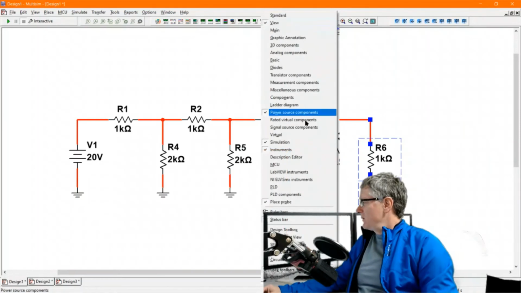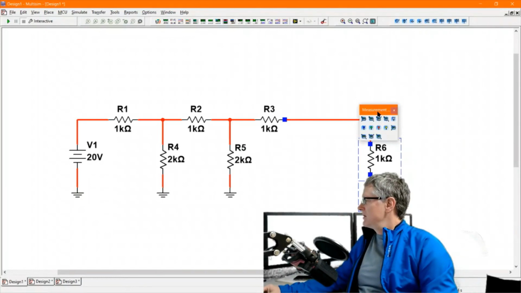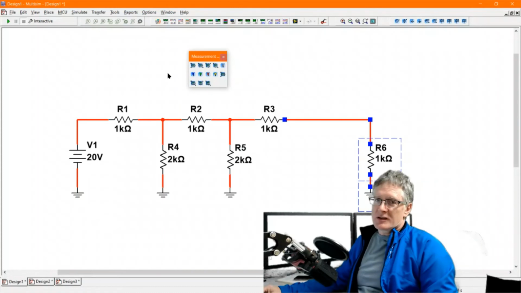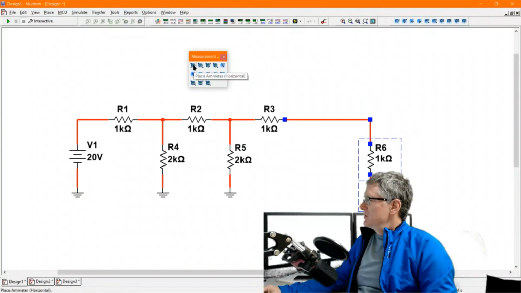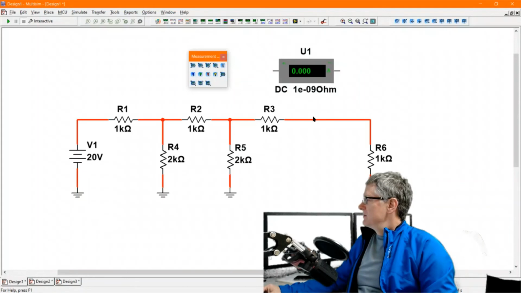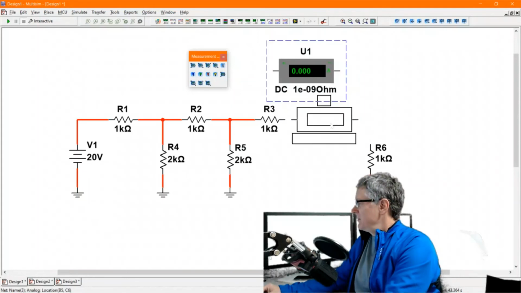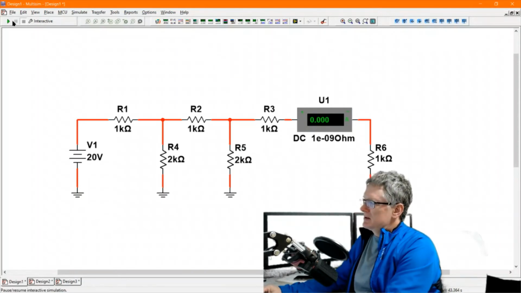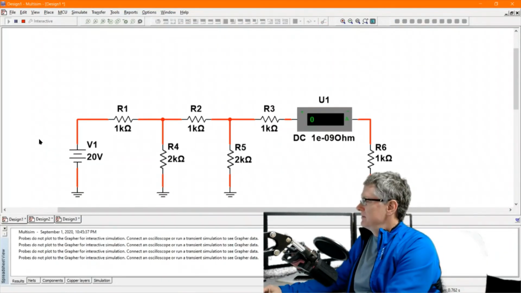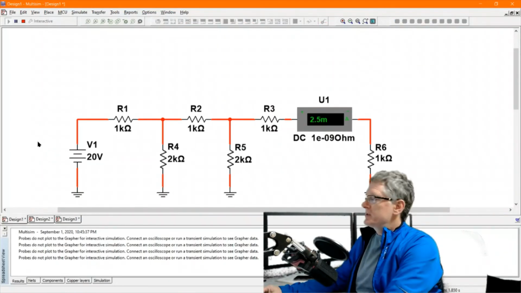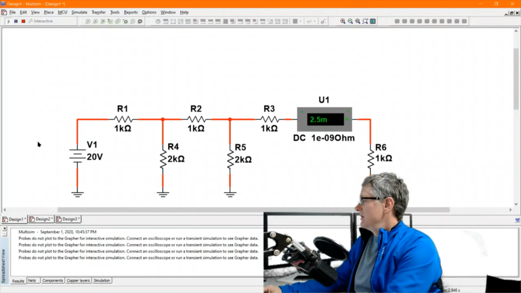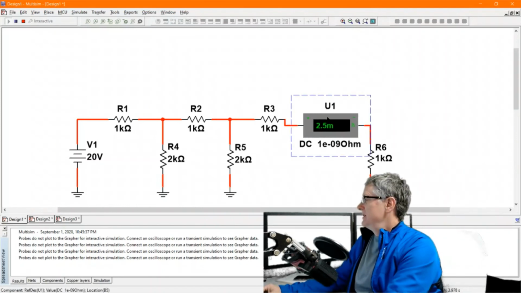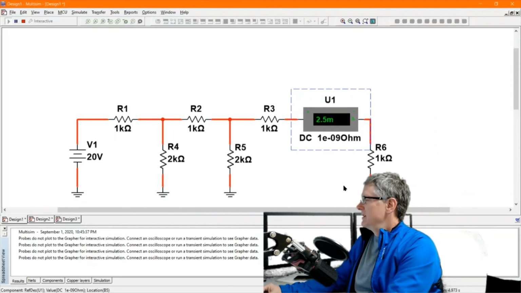The other thing that I found here recently was the measurement components. So this is another set of measurement devices. So here is an ammeter. Place horizontal, it says, so I can drop this ammeter down in here, like so. Close that box. Press play. 2.5 milliamps, the exact same value we got with the other one. Actually, we got 2.5 volts with the other one because I was using it as a voltmeter. So here's an in-series current meter